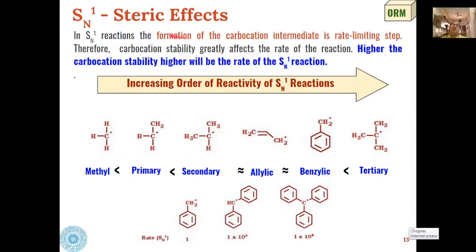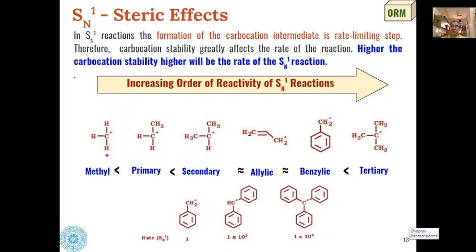As we have said, the formation of carbocation intermediate is the rate determining step or rate limiting step. And because this is the rate determining step, the stability of the carbocation formed will determine the rate of the reaction. Higher the carbocation stability, higher will be the rate of SN1 type of reaction. So we know that